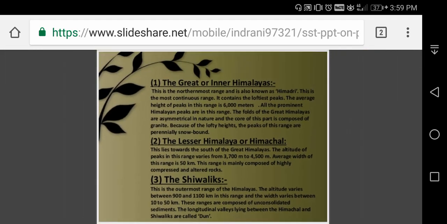I think you understood the divisions of the Himalayas. Once again, the Himalaya is divided into three. The North Himalayan range runs in the form of an arc, from Kashmir in the north to Assam in the east. The westernmost limit of the northern arc is Nanga Parbat, and the easternmost limit is marked by Namcha Barwa. And the northern Himalayan range comprises distinct parallel ranges: Himadri, Lesser Himalaya, Shivalik range.